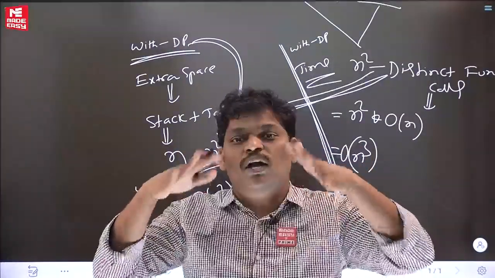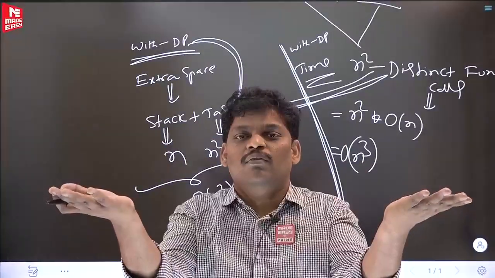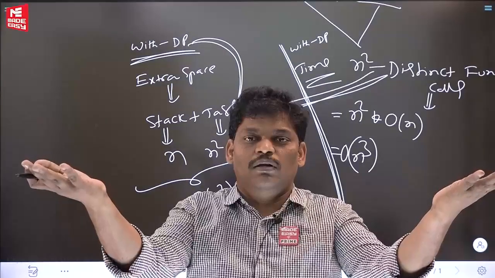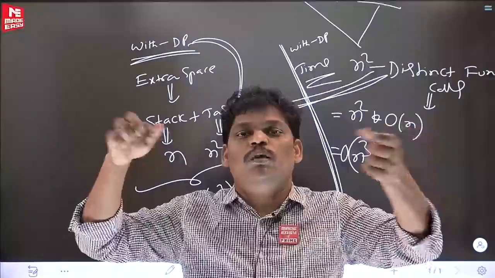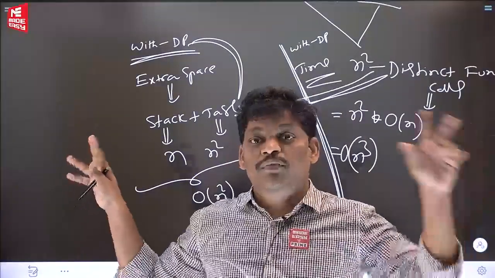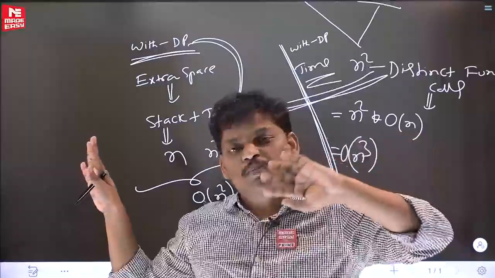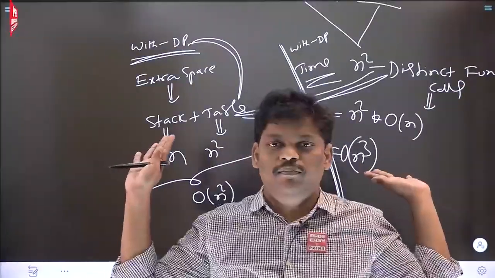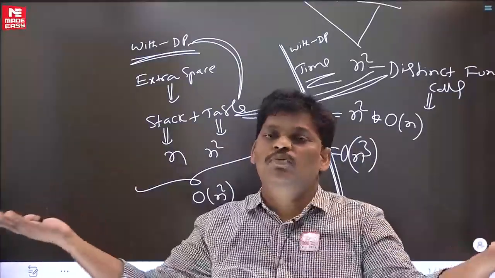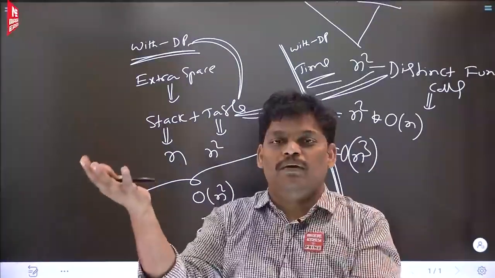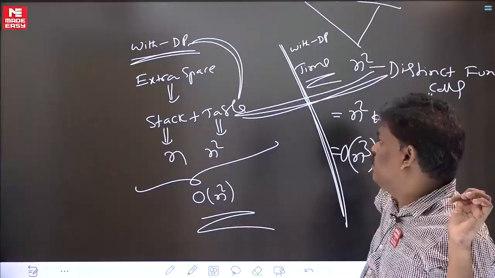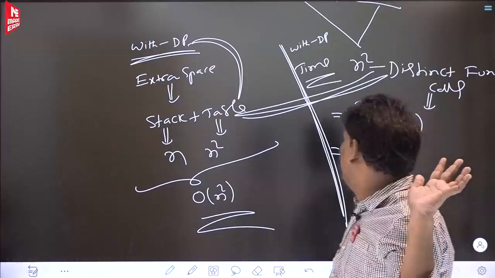When someone asks you the definition of space complexity, simply say that space complexity is nothing but input plus extra. But when we compare algorithms, normally we take into account only the extra space. If anyone asks what space complexity is, say it means the total space you are taking. But when you are comparing two algorithms, we compare only the variable part. The fixed part is always the same. That is the reason I wrote extra space everywhere, because only extra space is required for us.